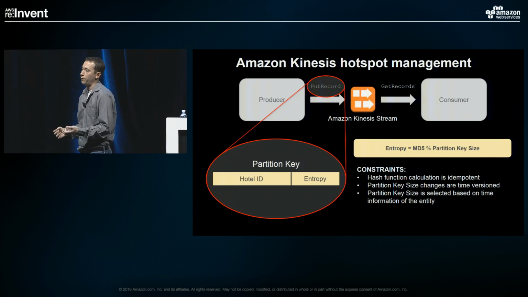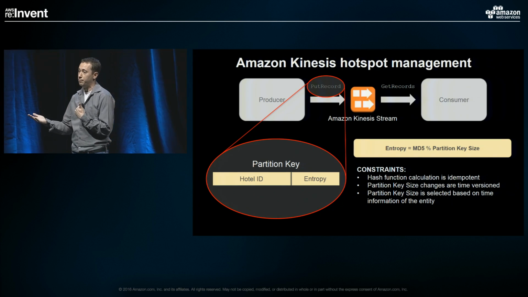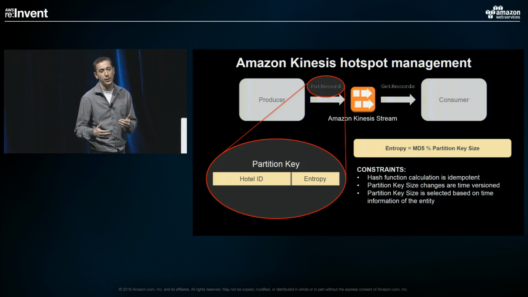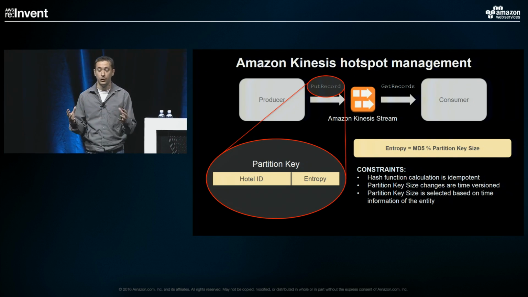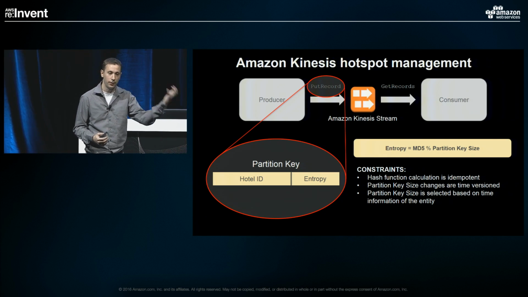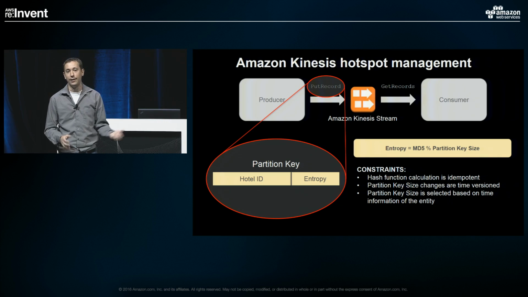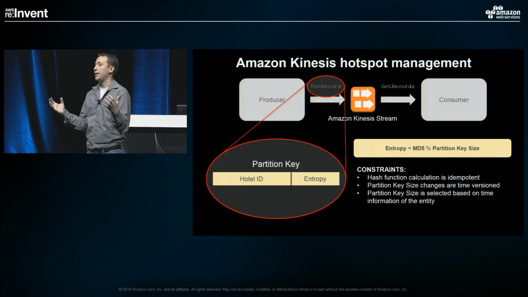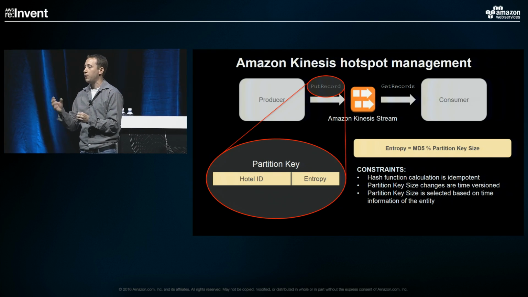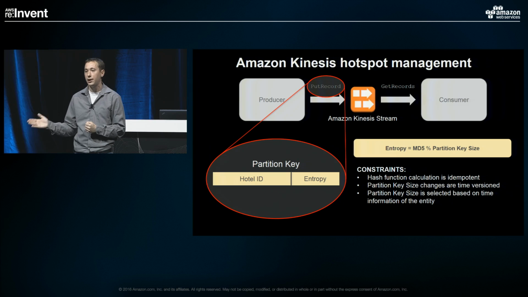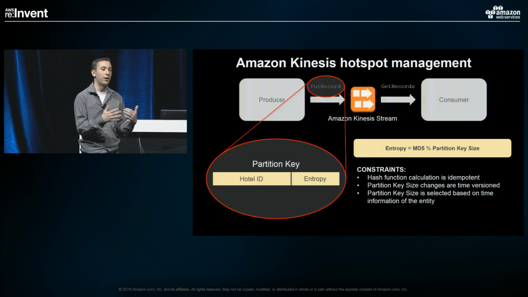So you need to be very careful in how many partitions that you're going to choose. And you can do this by adding entropy to the partition that you're selecting, your partition key. So you'd pick an attribute like hotel identifier as the partition key, and then to add that entropy, you take a hashing function on the entity of work that you're doing, and then modulus the partition key size that you selected. And you can select the partition key size based off of the amount of data that you're getting